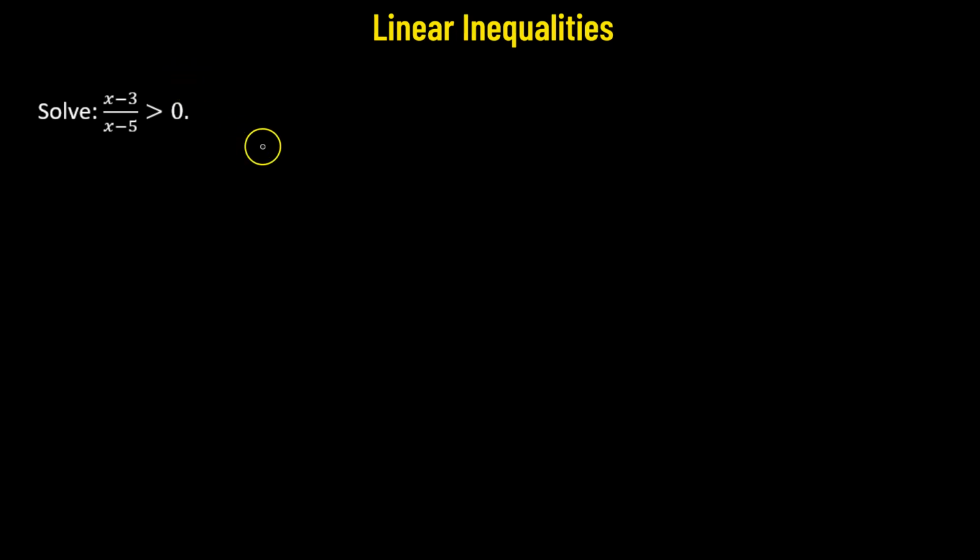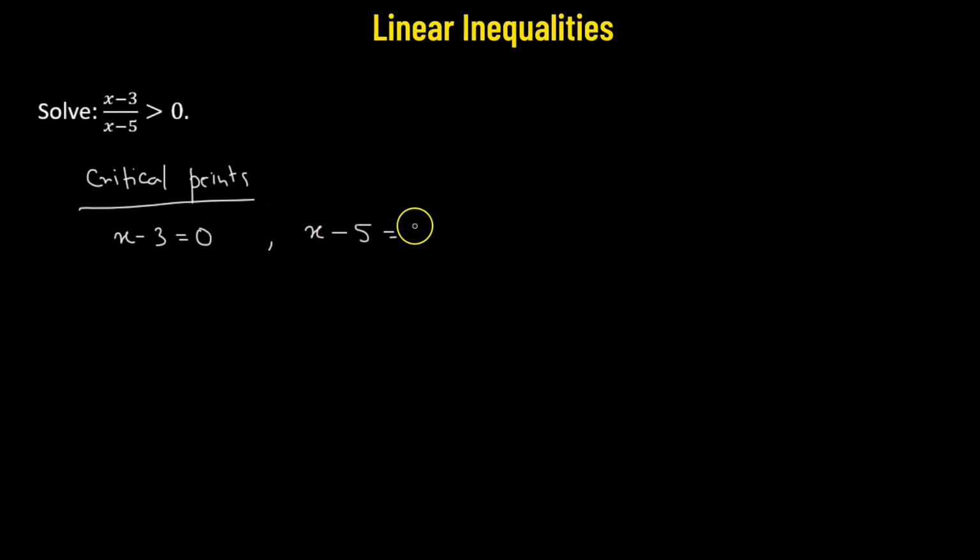Let's solve the following linear inequality. What we'll have to do here, first, is find the critical points in order to solve this particular inequality. To do that, all we have to do is take the numerator, which is x minus 3, and equate it to 0. We also take the denominator and equate it to 0. That's going to give us two values of x. One is going to be x equals 3,